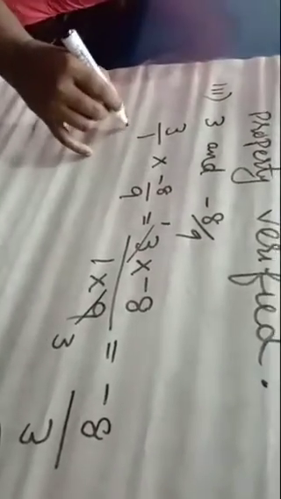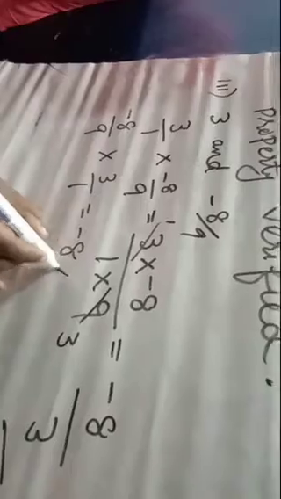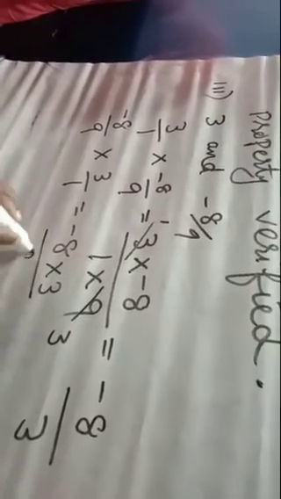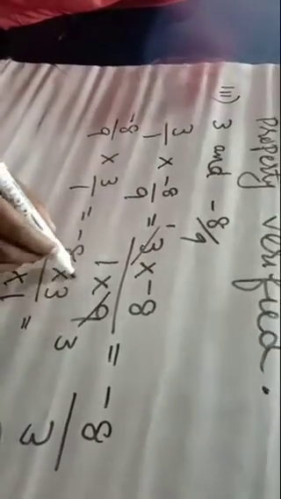Again change the order. Minus 8 by 9 into 3 by 1 is equal to numerator into numerator by denominator into denominator. Cancellation. 1 3s are 3, 3 3s are 9. That is minus 8 by 3. Same answer you know. This is commutative property. If we change the order, then also we will get the same answer. Clear?